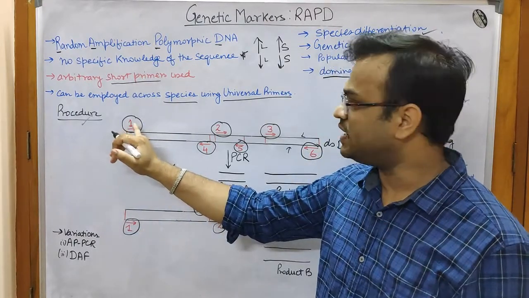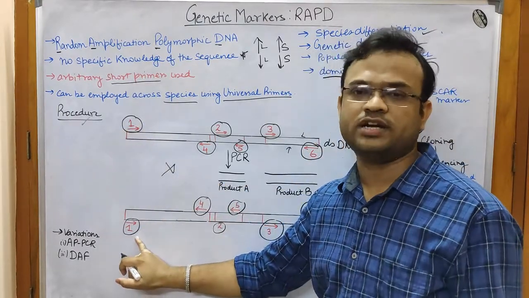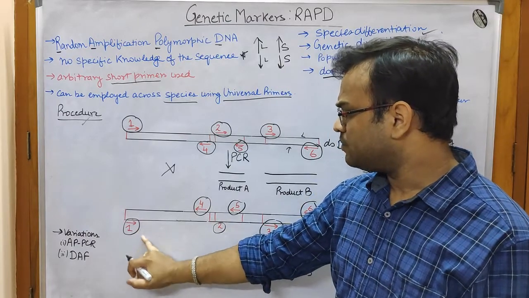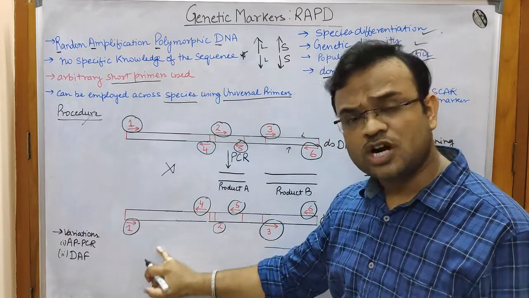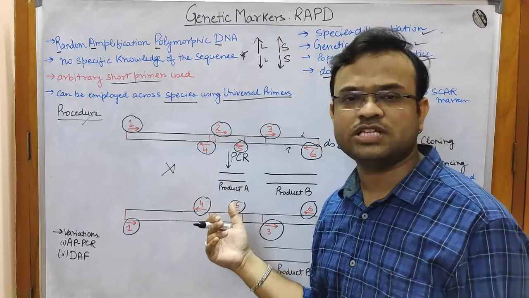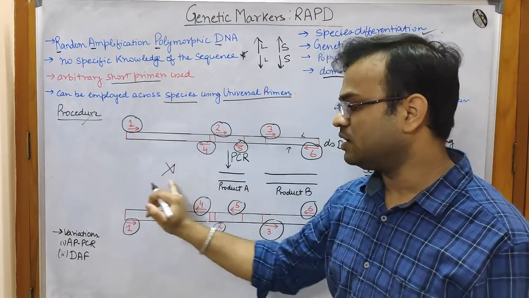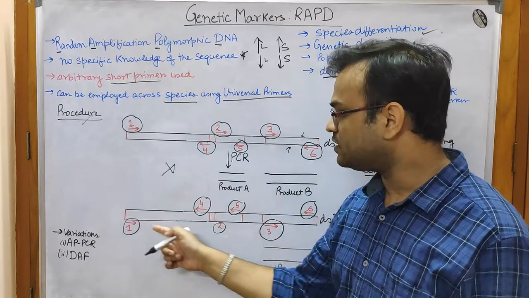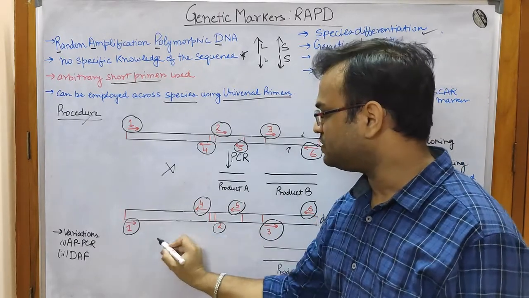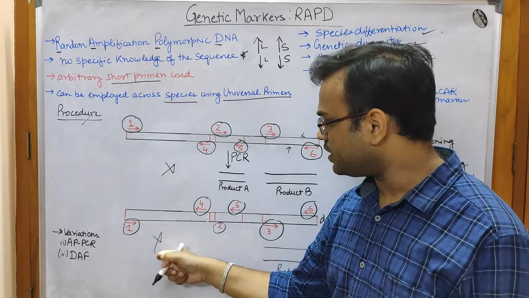It was in the upper strand here, and here it is in the down strand, right? This region has not been amplified just because of a similar reason. This region was very high in length. That is why the Taq polymerase could not amplify this region. We could not get a product over here.